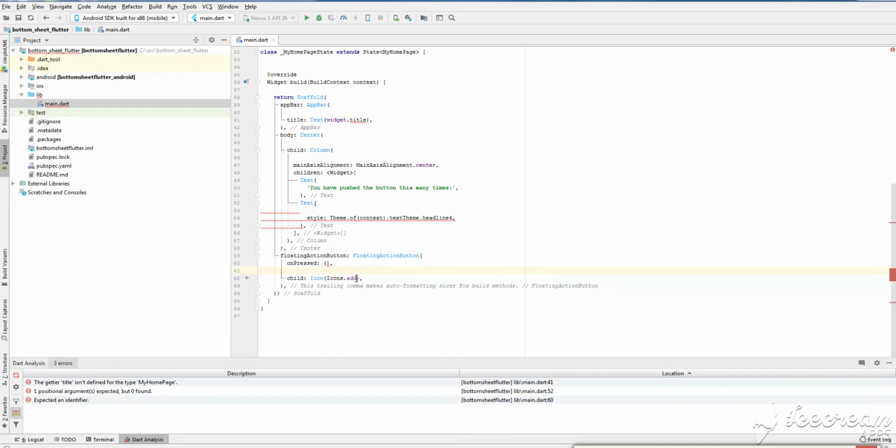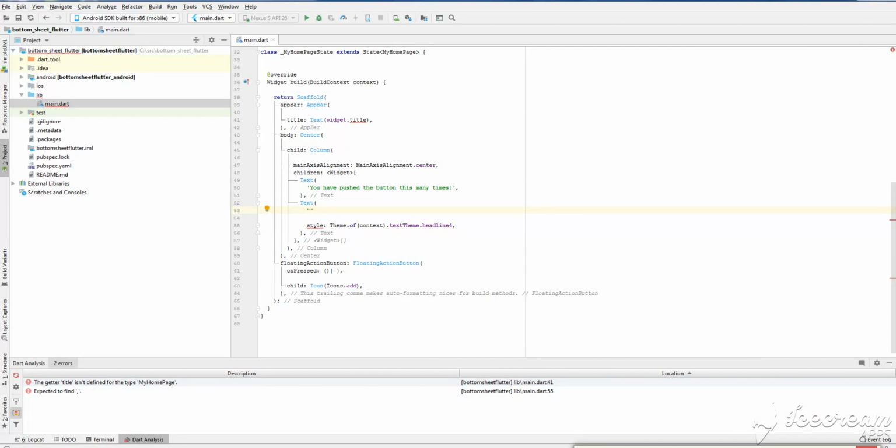Yep, and we have this icon here. We are missing the function arguments, I think. Yeah, so this tile we can keep, but we need to